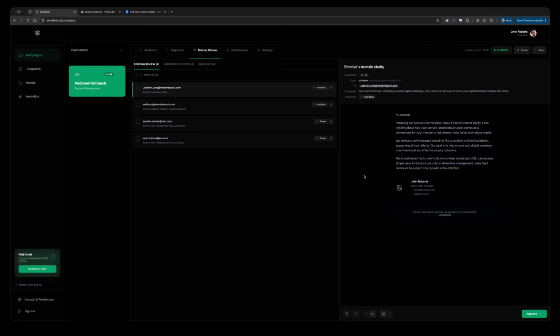The follow-up email is slightly different. I haven't provided any real direction to the second email, and it reads as a follow-up email, but a little bit differently. Following our previous conversation about Emotive's brand clarity, I was thinking about your new domain, emotive.com. It serves as a cornerstone for our mission to help teams move faster and to reduce waste. We believe a well-managed domain is like so on and so forth. Many businesses find the check-in so on. So as you can kind of see,